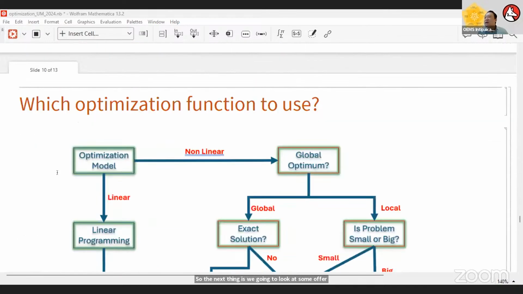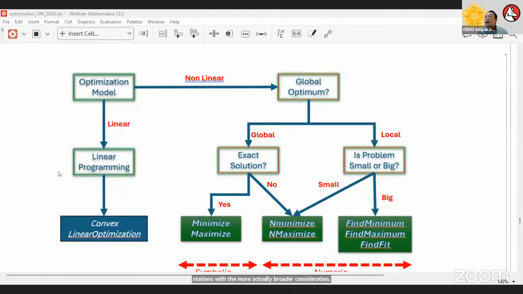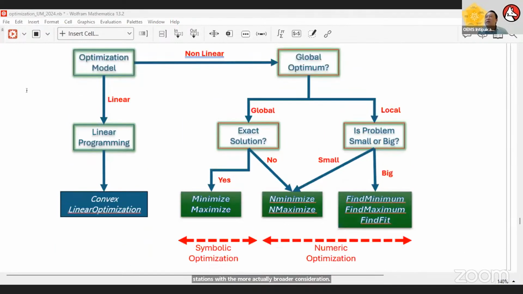Now, again, for a quick overview, like how we actually do optimizations on linear programming, these parts here, we use a lot of convex linear optimizations. Right-hand side here, we have 3 super functions: Minimize, NMinimize, FindMinimum, and FindFit. Today, we will not talk about FindFit, so I only share with you what has been shown so far on Minimize, NMinimize, also FindMinimum. And this part here, as I promised, I will disclose to you how we can do this thing on your own.